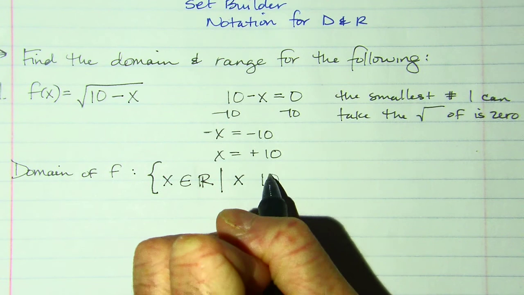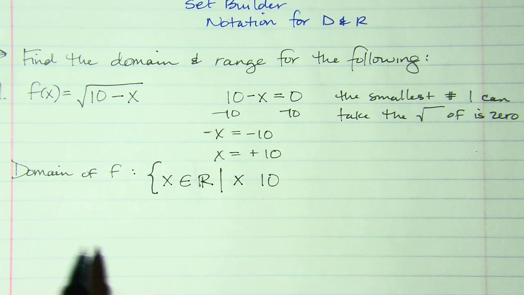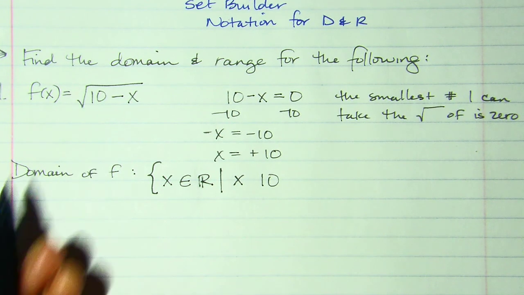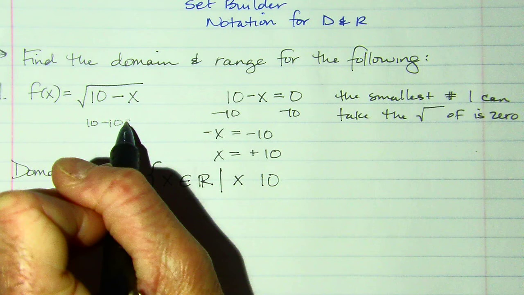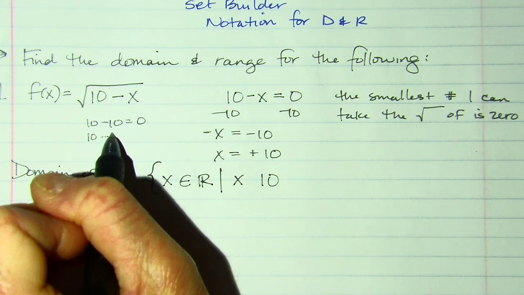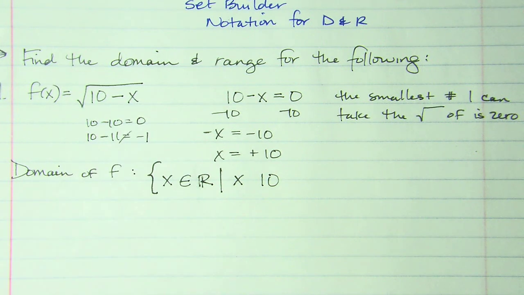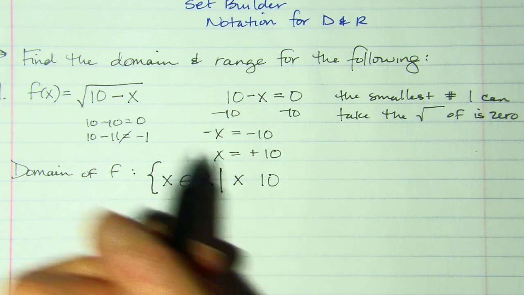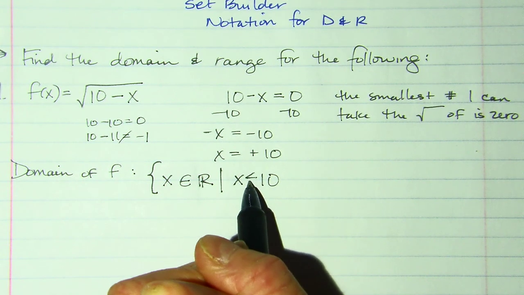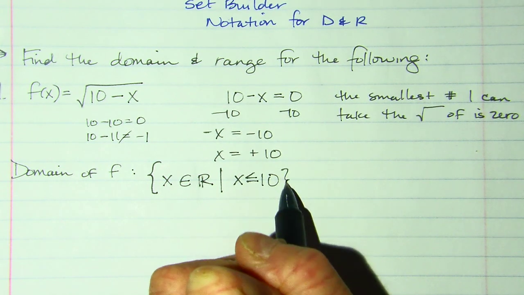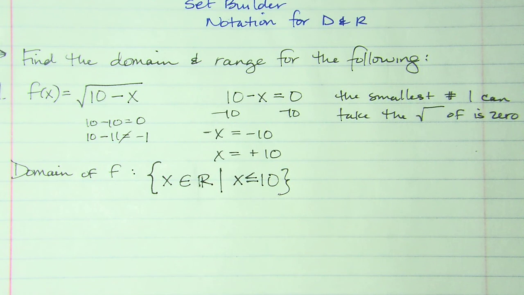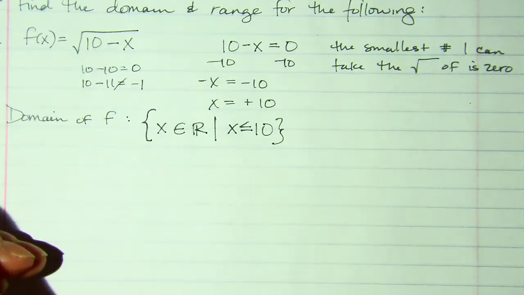So what is not going to produce a negative number? Well, 10 minus 10 would equal 0. So I cannot take the square root of a negative 1. So x has to be either less than or equal to 10 in order to not produce negative numbers. Okay? So there is my domain,